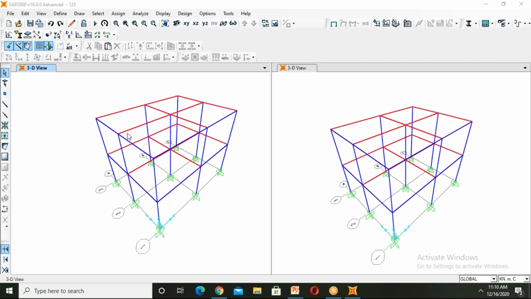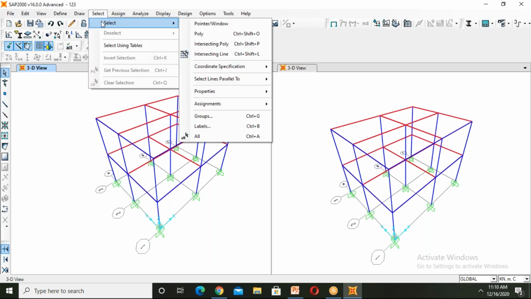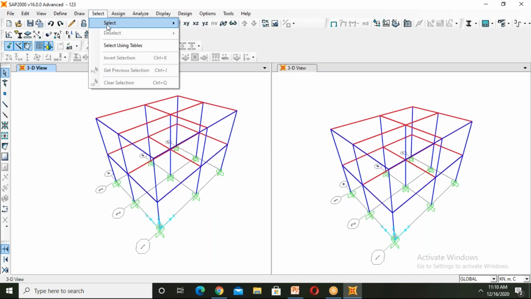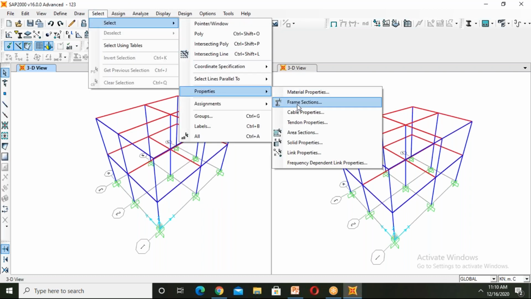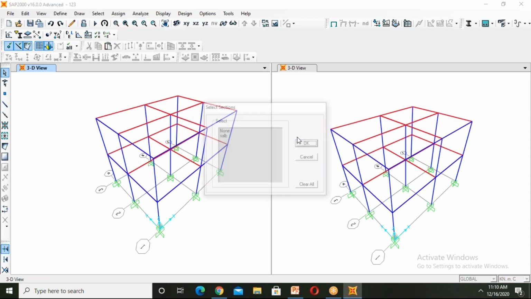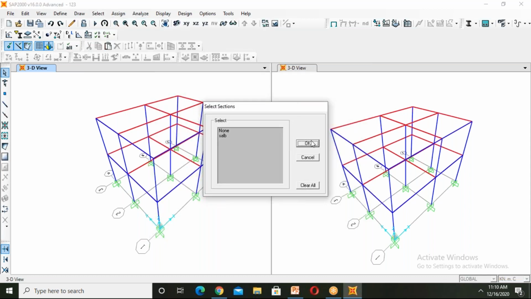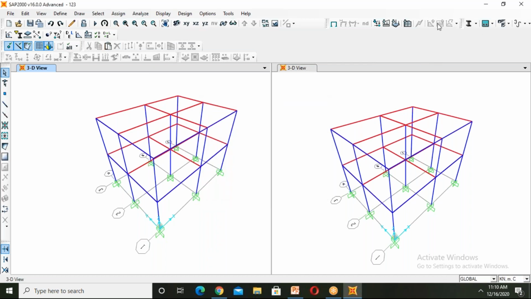Yes. After this, first we should assign the loads. For that, first we have to select the components. Means if we are assigning the loads to slab, then we have to click on select, then go to select properties. We should select area sections and slab. So after selecting slab, we should assign